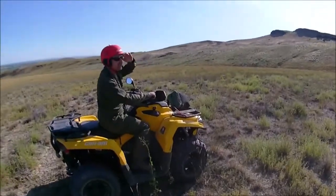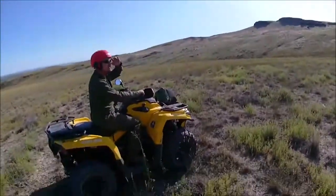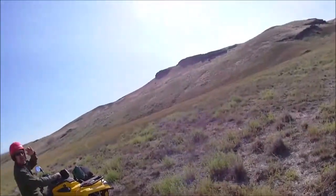There's a rock gully. We'll go down that someday. We can go up it too. It's tougher to get up, but